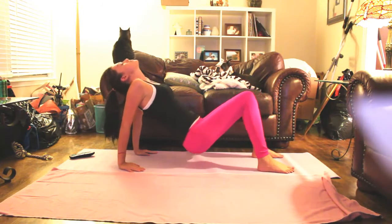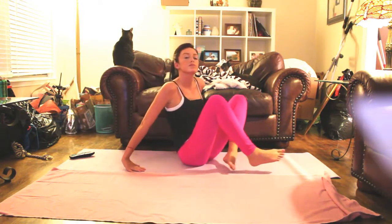We'll do the same thing to the other side, so face the front. This time your right shin is parallel to the front of your mat. And go ahead and stack the left knee over the right for double pigeon. So remember options. If it's way too high, just keep the hands back. If this is way too uncomfortable as is, just cross the legs normally. So wherever you end up, sit up nice and tall, both hips stay down,